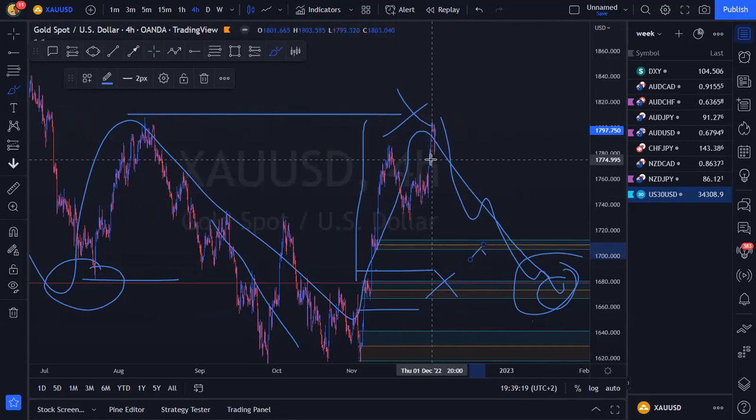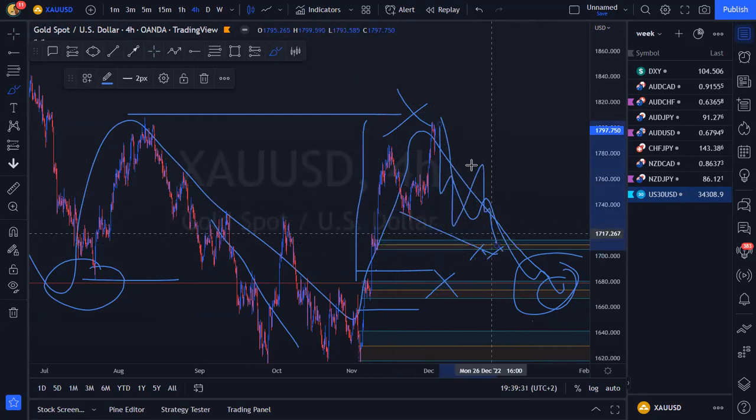I can find opportunities to sell if the setup gives me an opportunity to sell. But I do know that if ever I want to buy gold and I want to buy with higher time frame buyers, this is where I want whatever corrective structure, if there is a corrective structure that forms here, that is where I want to find my termination and continuation to the upside.